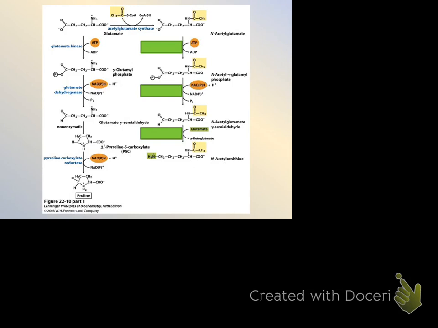Then if you notice, the next two steps are very similar to what we've seen with proline. So they're side by side. So we take this N-acetylglutamate. We're going to add a phosphate at the expense of ATP in order to activate that terminal carboxylate. So what class or classes of enzymes could this one be? Kinase. And if you were going to name it, you would call it? Yeah, N is just a locant for those who, it's been a while since Organic Chem 2.